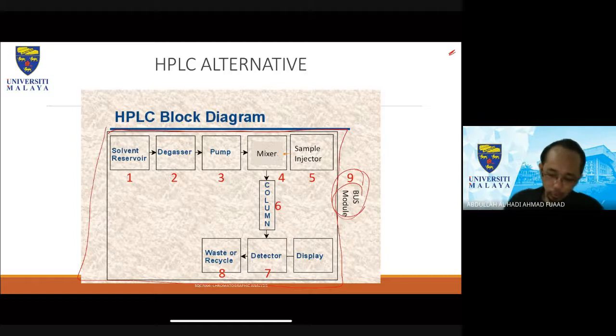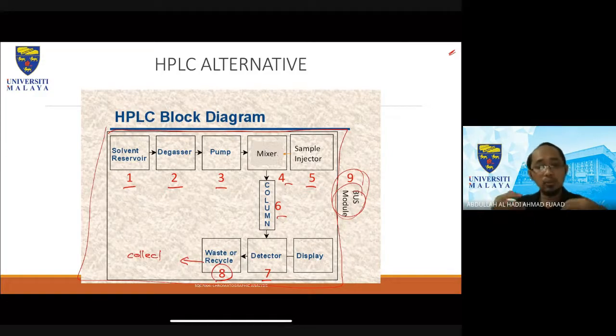Okay, so I listed down 8 important components. You have solvent reservoir, degasser, pump, mixer, sample injection, column, detector, and waste or recycle. What I mean by recycle here is collection. Meaning that you inject your sample, and then towards the end of the day, you are able to collect them for whatever reason. It can be for purification purposes, or because your product is very, very limited in quantity, so you want to get every single thing back. Because